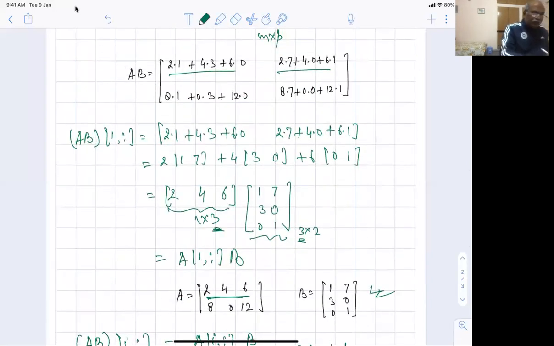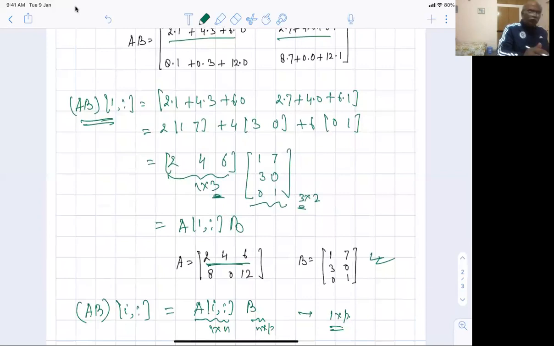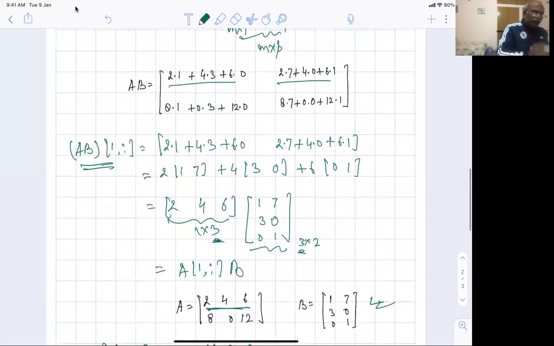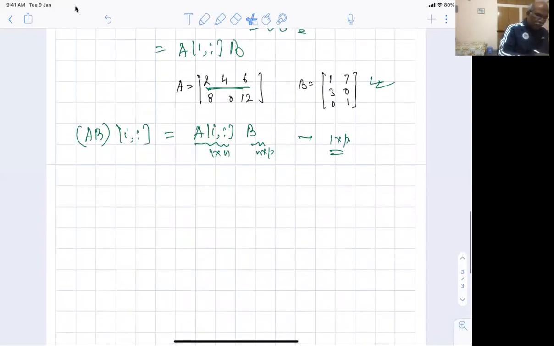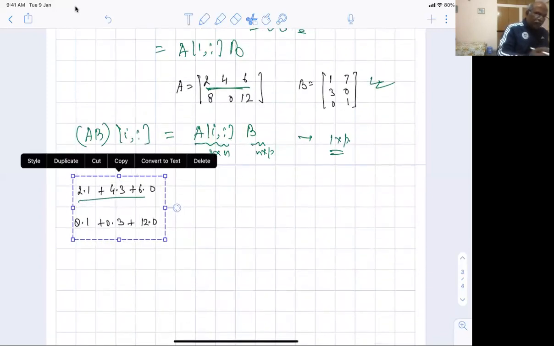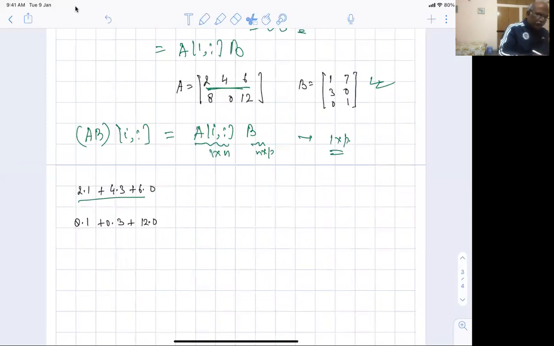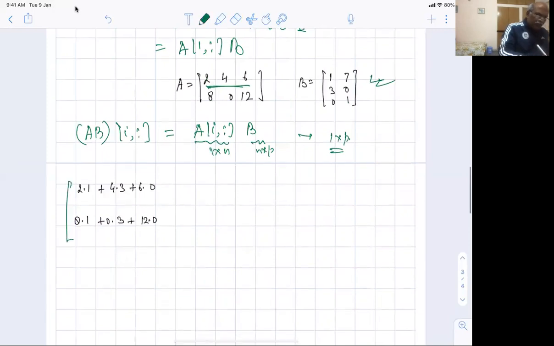Now, can we do something with the columns? This will be able to get the rows. I'm able to construct the rows of AB by this method. Fine, all the rows. The question is, can I compute the columns of AB? Fine. So let's look at the first column of AB. Is that okay? So let's look at this first column of AB, what it is. This is the first column of AB, so this is the notation that I have, first column of AB.